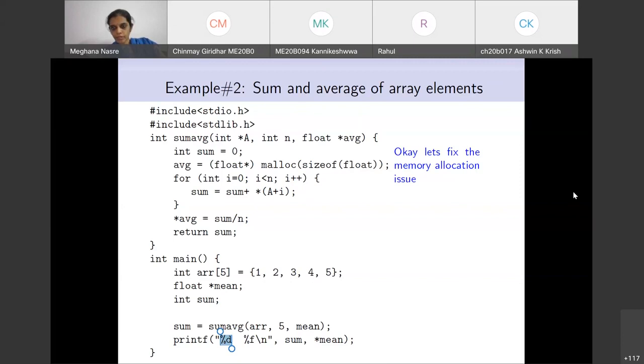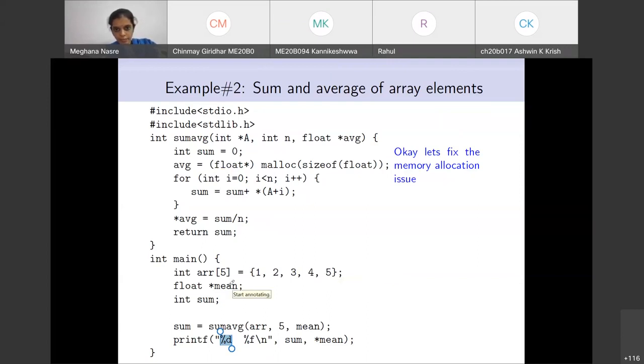So one of the questions I would like to address: when we declare a pointer, memory is already allocated to that, so why do we allocate memory again? I think this question deserves an answer here on this annotation. So when we have allocated memory for